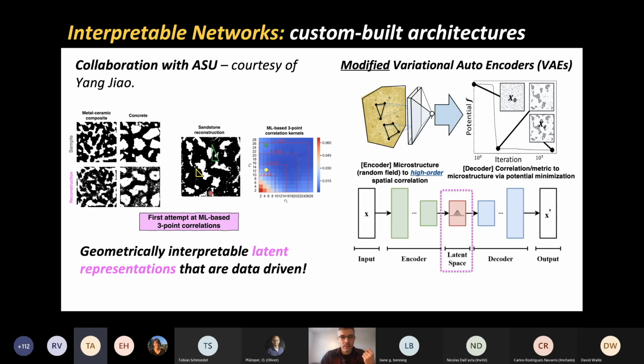This yellow point here is related to a triangle of correlations that's oriented in a very specific way and has a very specific dimension across the material. If the number is low, it means the material has no correlations in this shape. You can see the number is high, slightly higher over here, so it has longer correlations with sort of anisotropic direction. This is how we're building networks that have geometrical interpretability. This is only in 2D yet. We're still going to build it into 3D. There's a lot of work to be done.